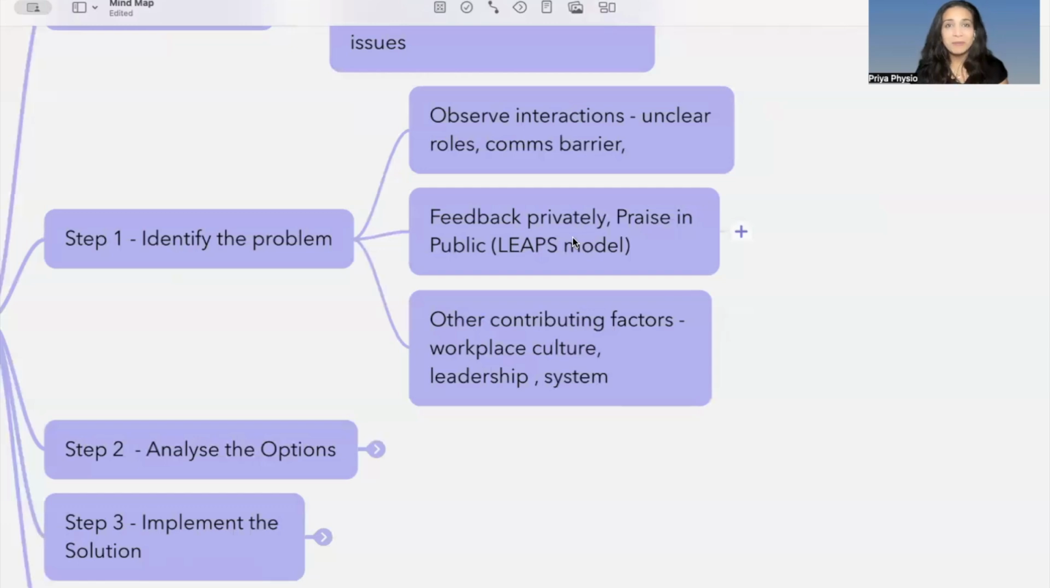Always remember, praise in public, feedback in private. And always follow the LEAPS model for conflict resolution. LEAPS is listen, empathize, ask, paraphrase, and summarize. That's the LEAPS model for resolving any type of conflict. Okay? So whenever you are in that meeting and you are providing that feedback privately, you would follow this LEAPS